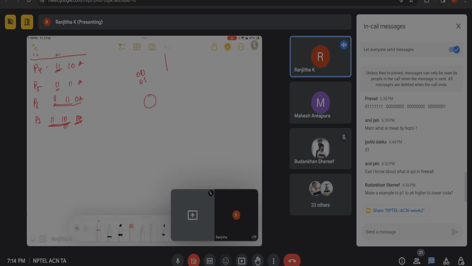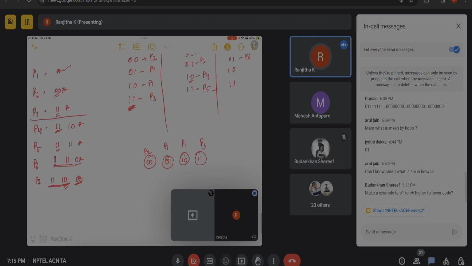Okay, so initially we have P1 0 0 0 1 1 0 1 1. Of this, P2 and P3: this is P2, this is P3, and this will correspond to P1 and P1. Okay, now let us see. This is the initial starting point, 0 0 0 1